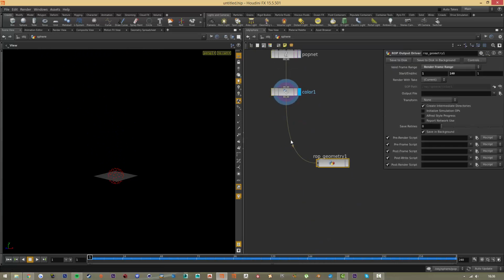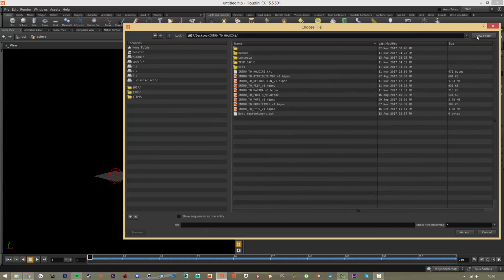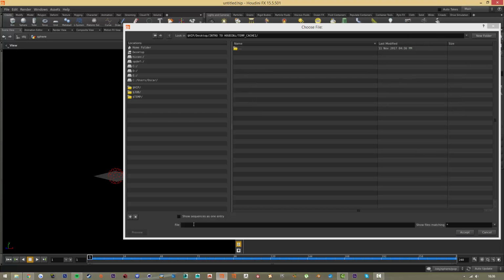Well, I can use a node called the ROP output driver. It looks kind of weird like this, so it's kind of telling that it's one of those weird nodes. So this one, you can actually here cache out all these frames to disk. So we're going to define a frame range. We're going to define 1 to 240. We're going to define an output file. We're gonna create a new folder and we're gonna call it temp cache 1, the folder, and then the file is gonna call temp cache 1 dot